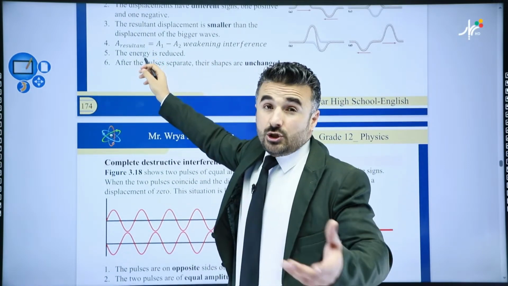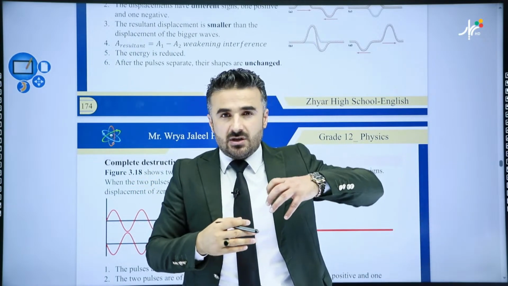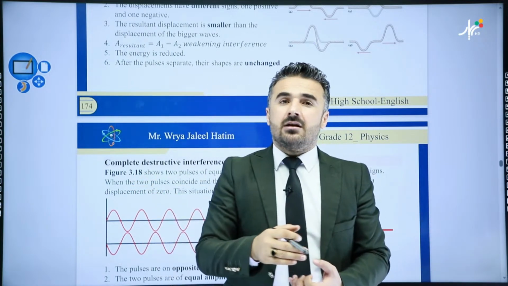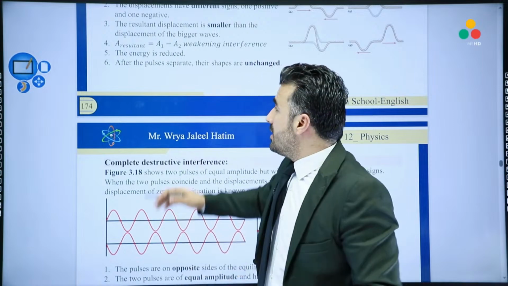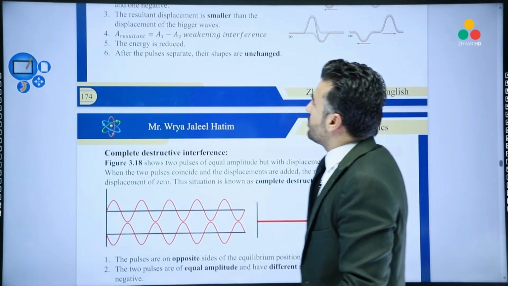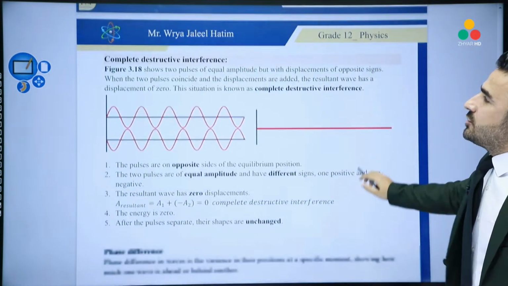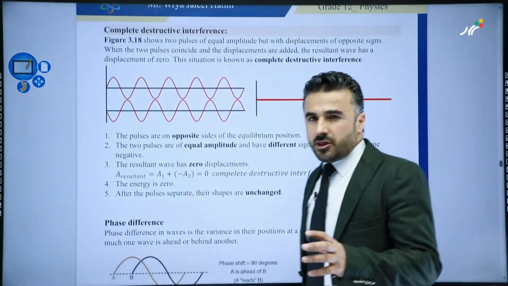The energy is reduced. In the previous one, the energy increases because you're adding both amplitudes. But here, because you're subtracting their amplitudes, the energy will be reduced. And after the pulses separate, their shapes will be unchanged. Okay, now let's talk about the third type of